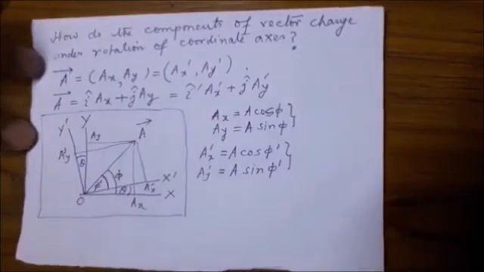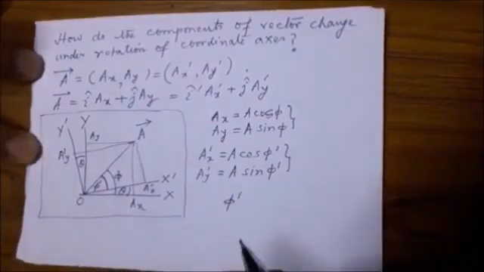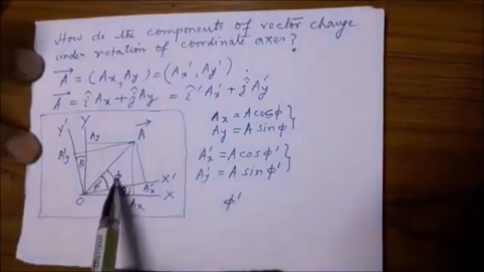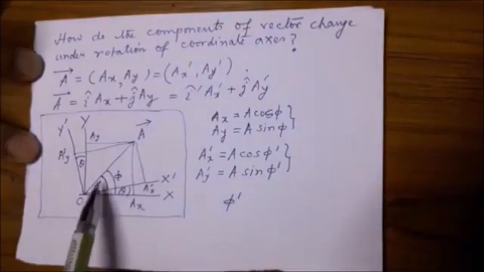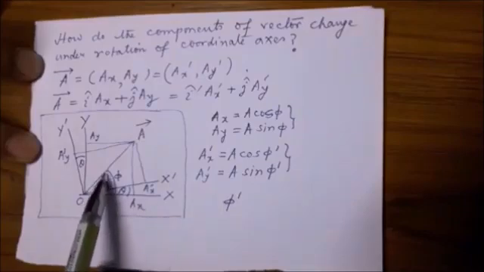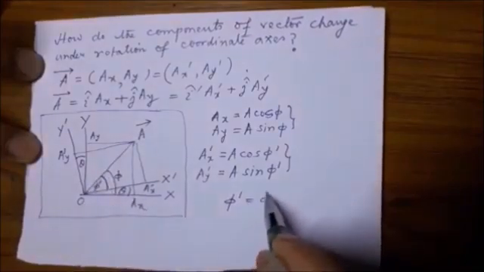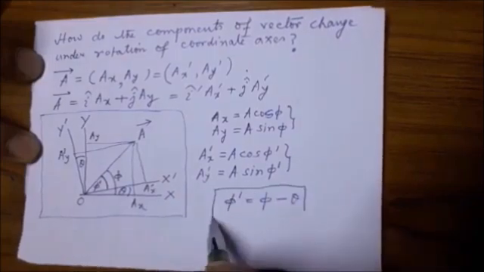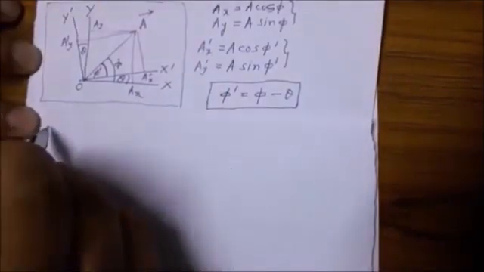Now let us look at the figure to find out the value of phi prime, to find out the relation between the three angles phi, phi prime and theta. We note that this phi prime is in fact phi minus theta. So phi prime is phi minus theta from the diagram, and therefore we have